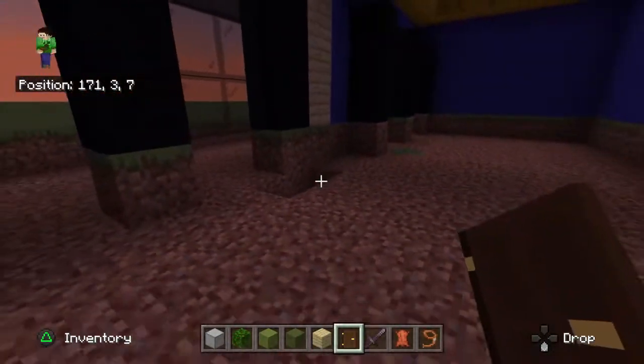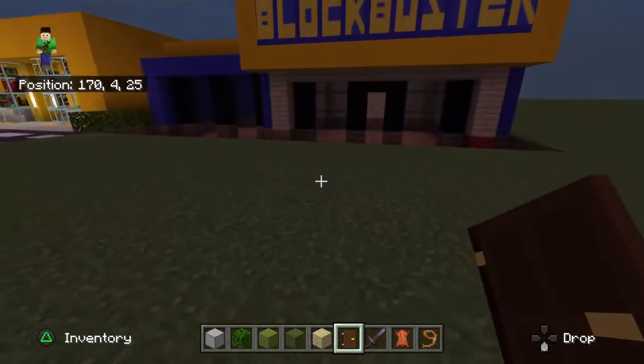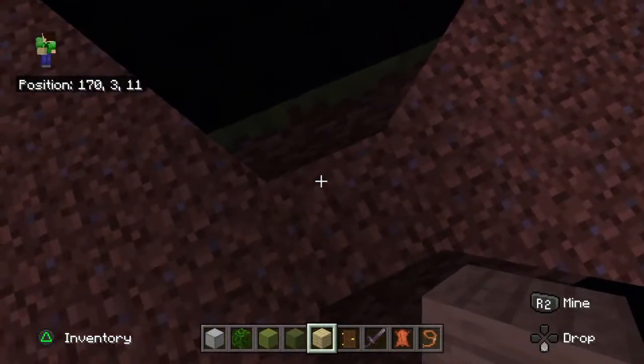Look like once you have completely dug it out of grass. However, what we also have to do is refloor the interior using birchwood planks. Now that will look like